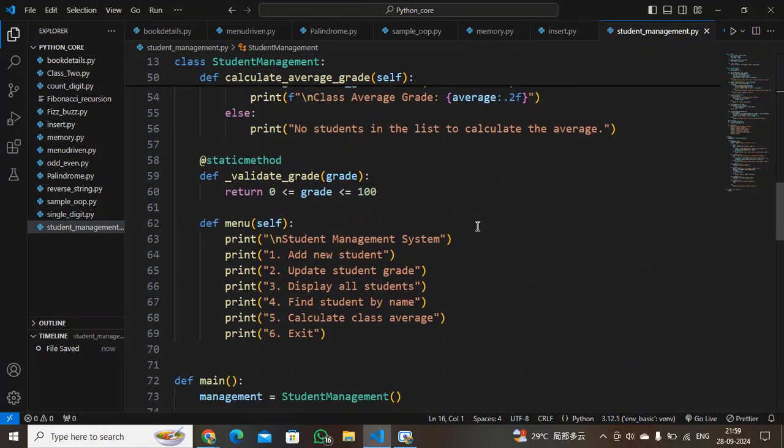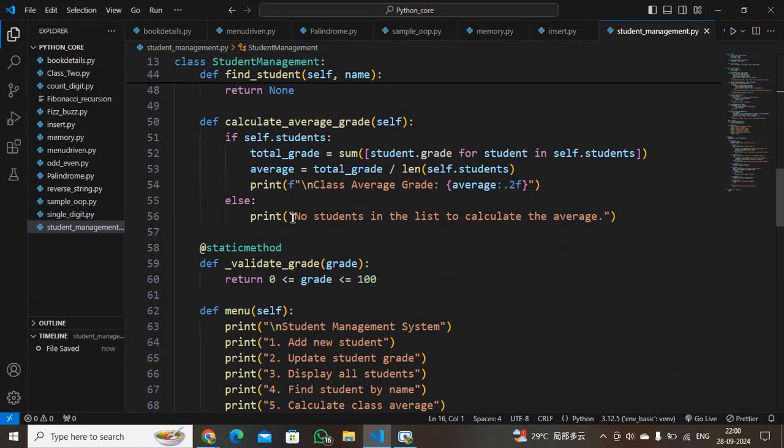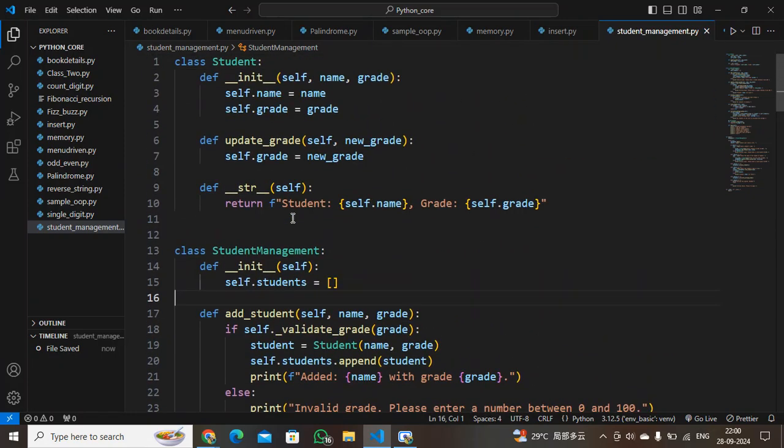So what I am doing here: I have defined the main function, and here I am creating the constructor. You can see I have declared one Student class and one StudentManagement class.